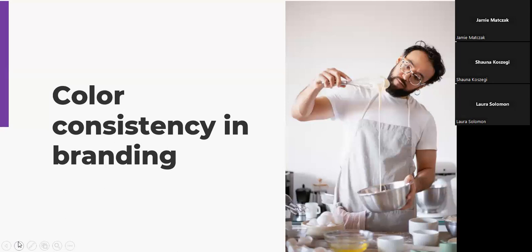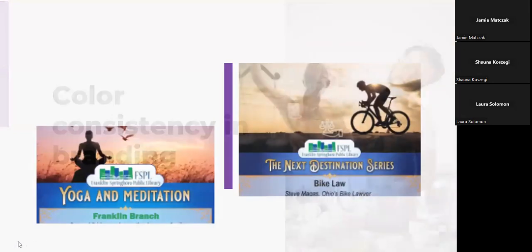So make sure that your colors are consistent across all of your promotional stuff, across all of your marketing, all of your branding, everything. If you're using blue and orange, it should be everywhere. Maybe not in huge amounts, but you should have it so that people will recognize it. Remember McDonald's specific shades of yellow and red? You want that for your library.